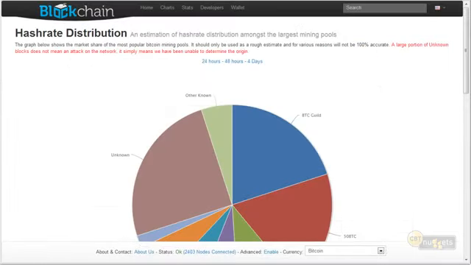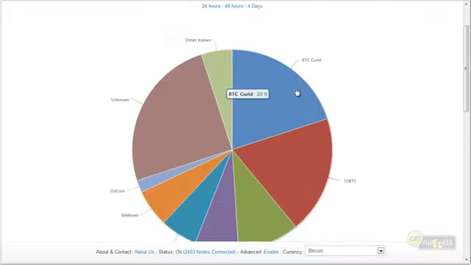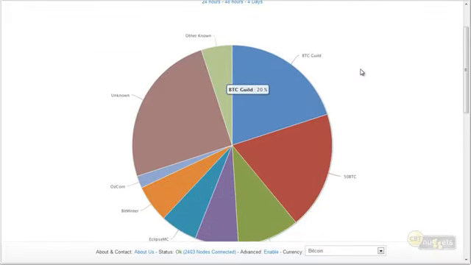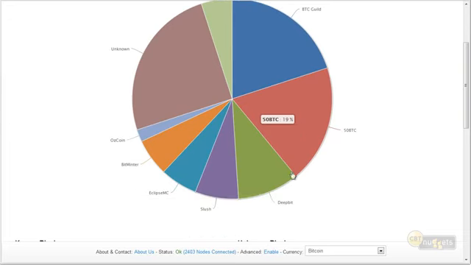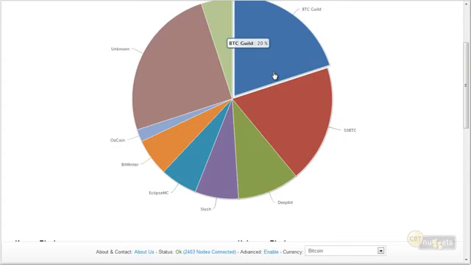So now that we've taken a look at some concepts regarding how we could do pooling of resources for Bitcoin mining, I wanted to share with you this URL. This is blockchain.info in the pools page. And if we scroll down a little bit, this is over the last 24 to 48 hours. Most of the work that's been done has been done by the actual groups. We have BTC Guild, that pool 20%, and 50 BTC, and DeepBit, and Slush, and Eclipse MC, and BitMinter, and Ozcoin, all with their respective parts of how much they solved.